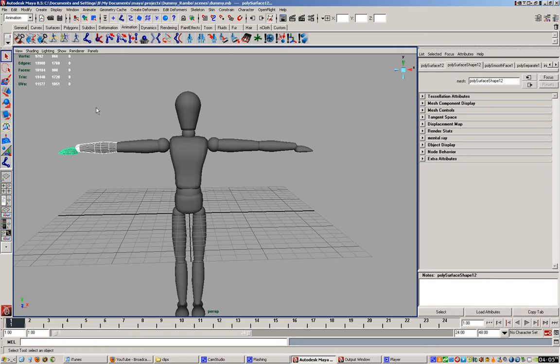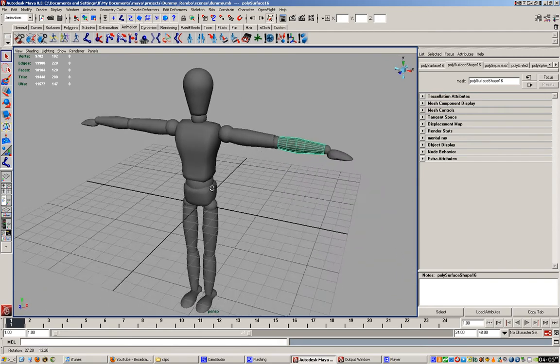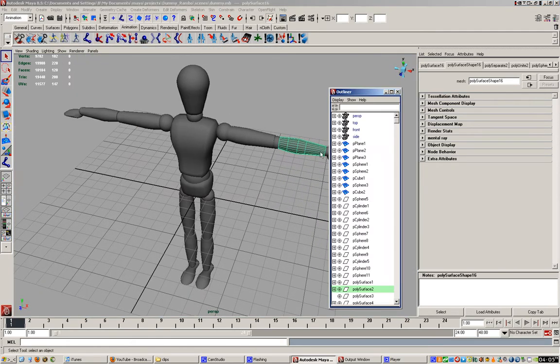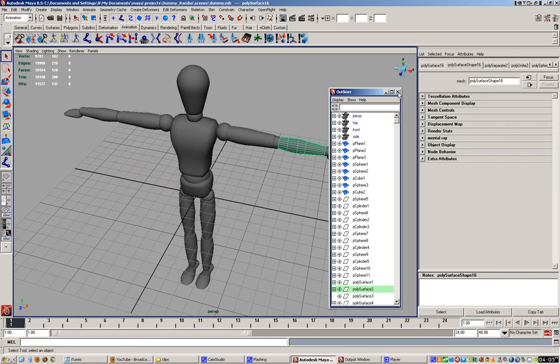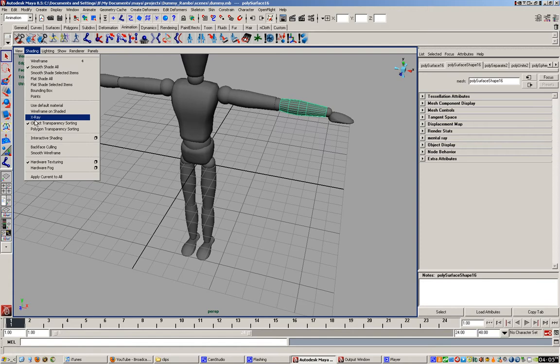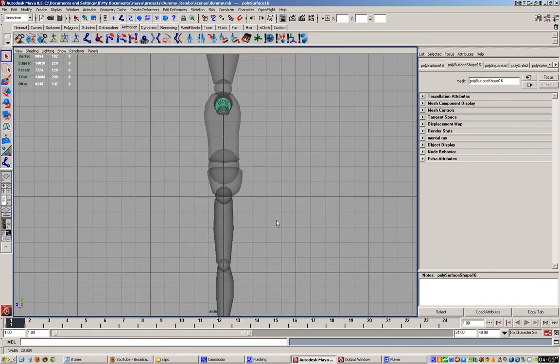Now, if you notice, he's made up of a whole bunch of different parts. Basically, every joint is a different piece. That doesn't really make that big of a difference right here. It does make my outliner a bit of a mess, but whatever. So again, I'm going to go shading, go to X-ray,